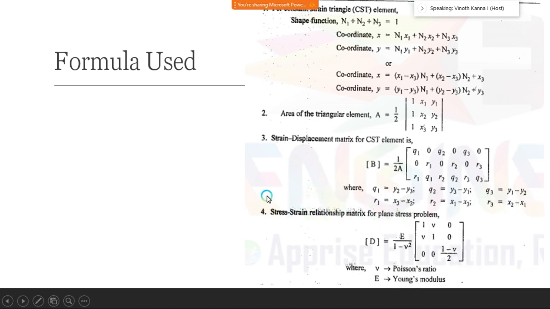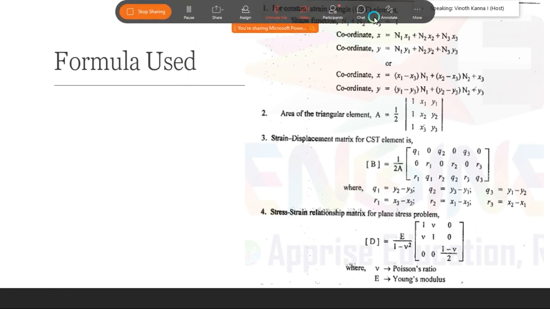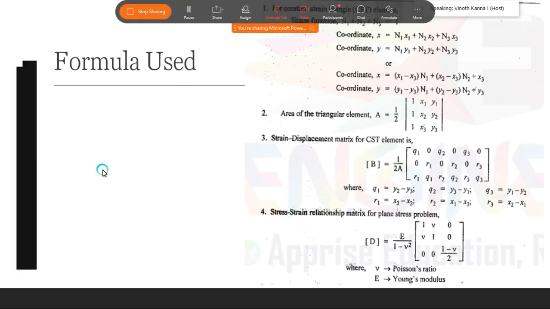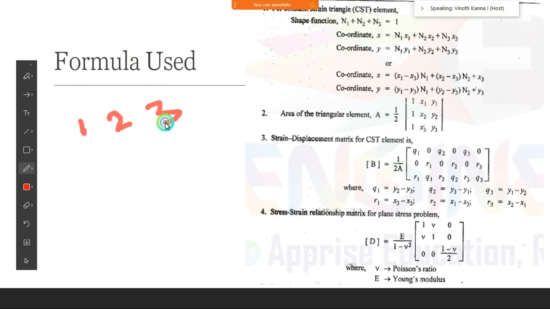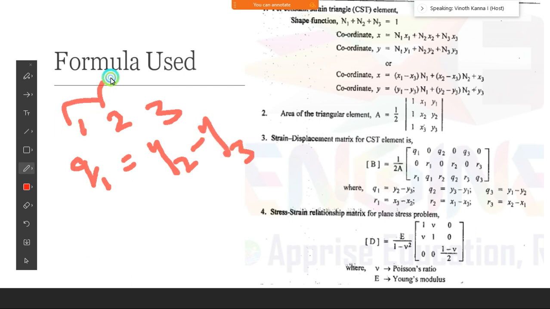Okay, so Q1 R. R looks like an X, so remember it like this. For R, first go to the formula for Q1. For Q1, as I already told, you may simply write 1 2 3. So very first, if you want Q1, the formula is y2 minus y3. So exactly the next value: 1 after 2, 2 after 3, like this.